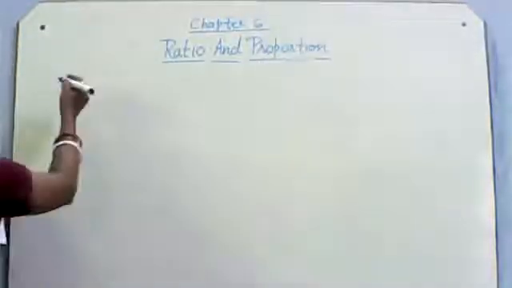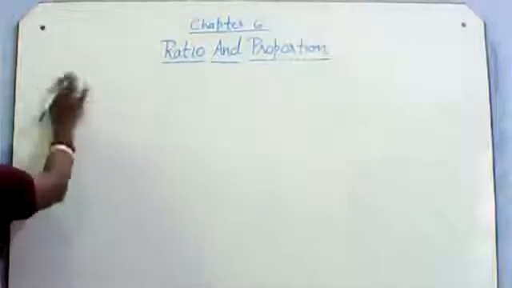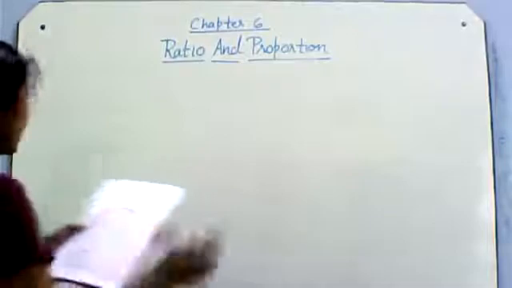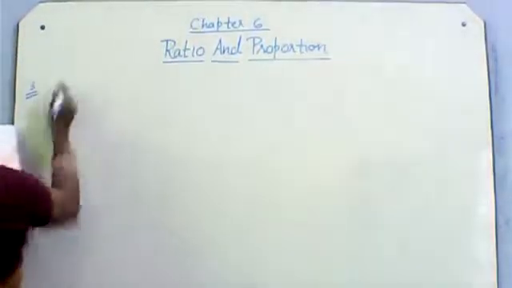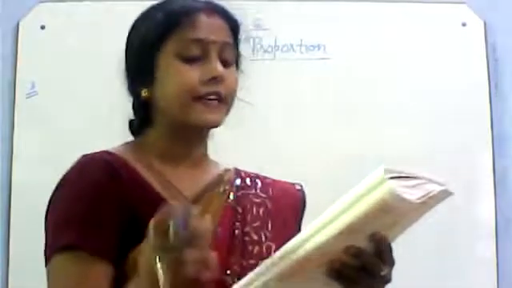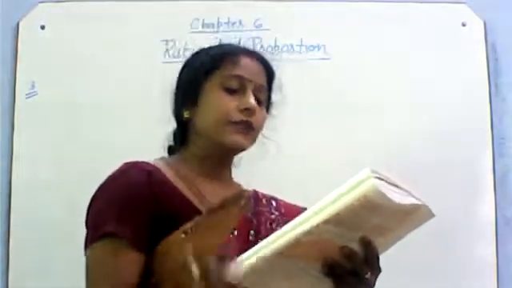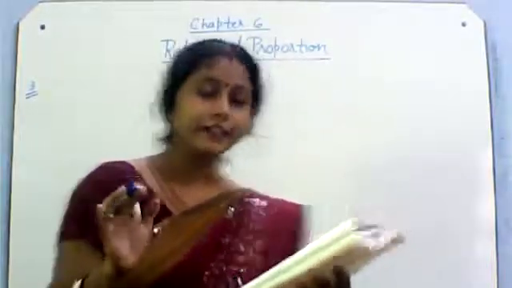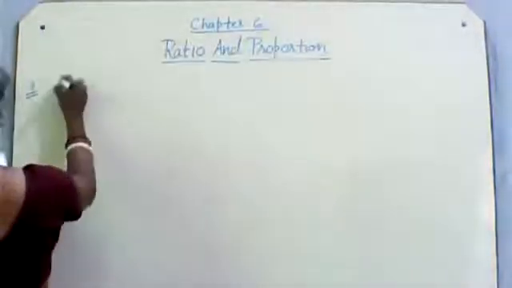Question number 3. First I have solved, second you have to solve. Third one: rupees 720 is divided between x and y in the ratio 4:5. How many rupees will each get? So that amount